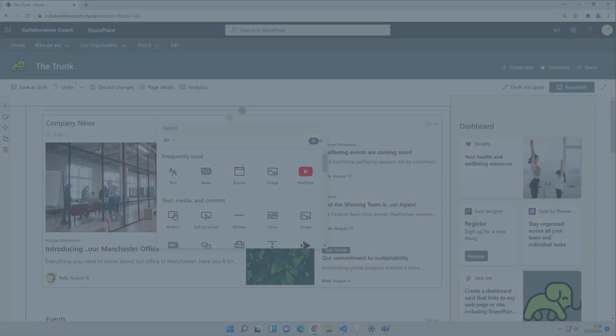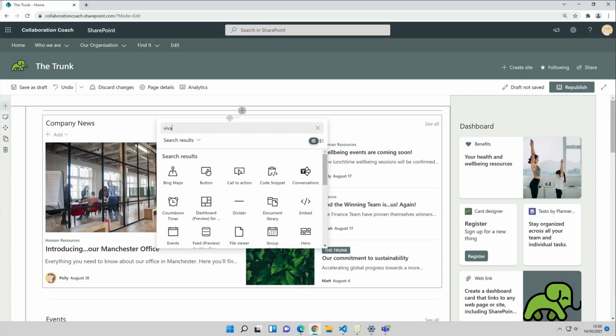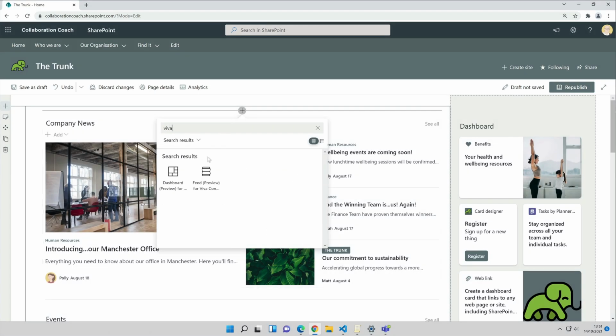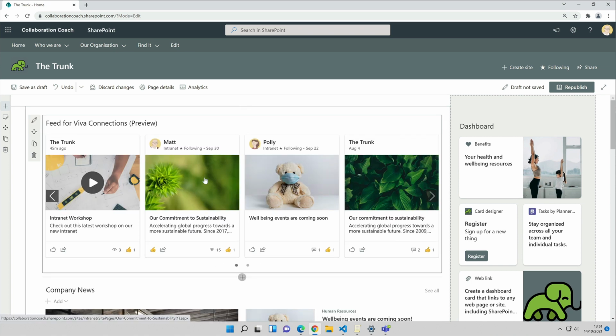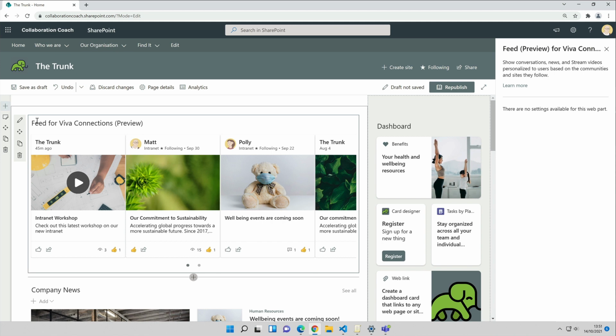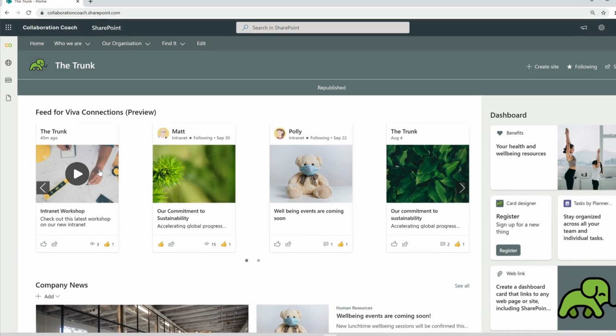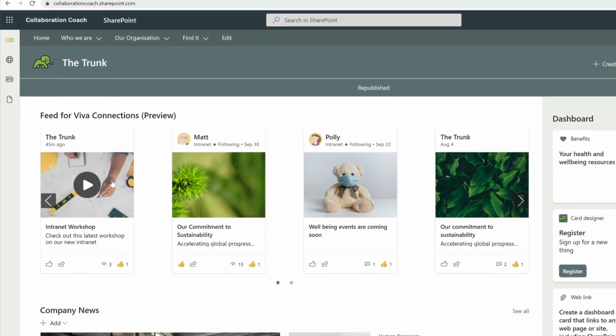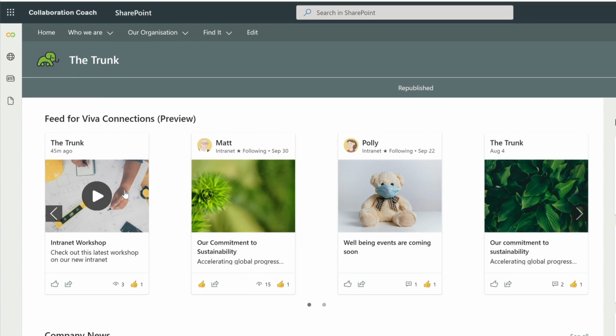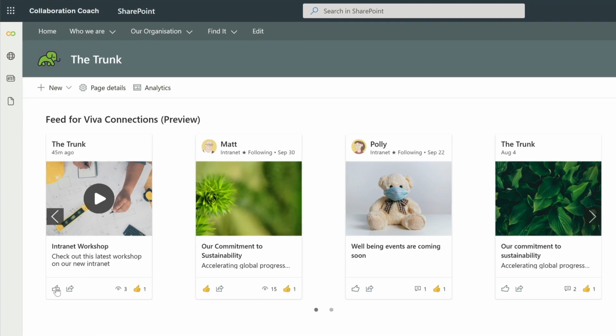Feed is another web part that you can add to your homepage, and it's just a simple list of news and video posts. The feed can't be configured at the moment, so everything you see in it is picked by SharePoint because it's relevant to you personally, based on the sites that you follow. So theoretically, everyone's feed should be slightly different. The feed is a carousel that you can move through, and every item has a view count, and you can give feedback by adding a thumb, and you can share it on email, Yammer, or just get a link.